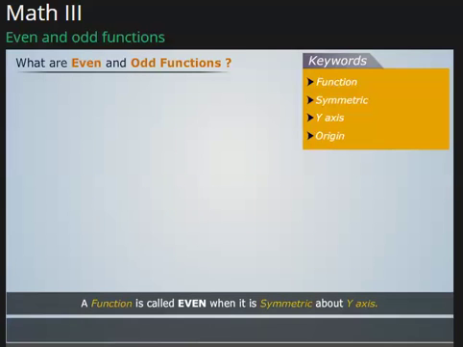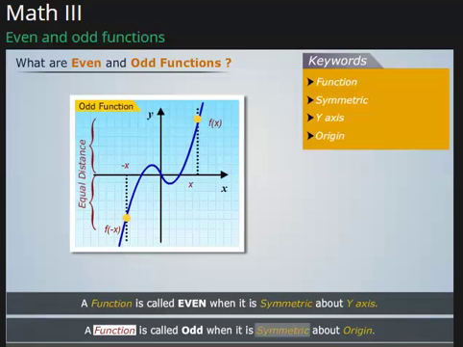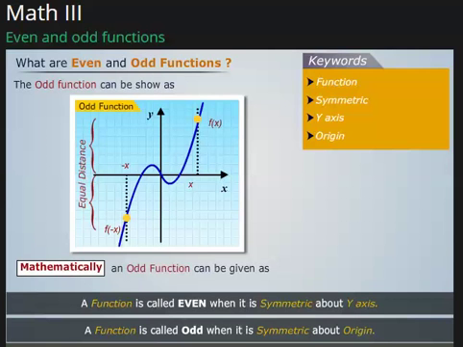A function is called odd when it is symmetric about the origin. The odd function can be shown as, mathematically an odd function can be given as,